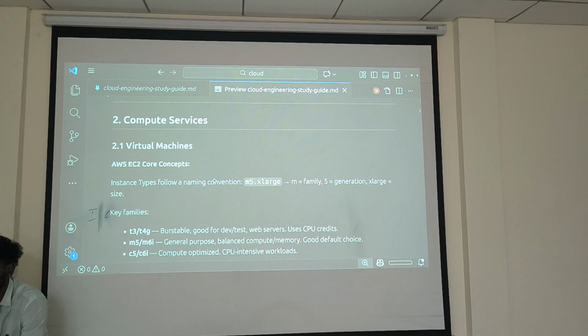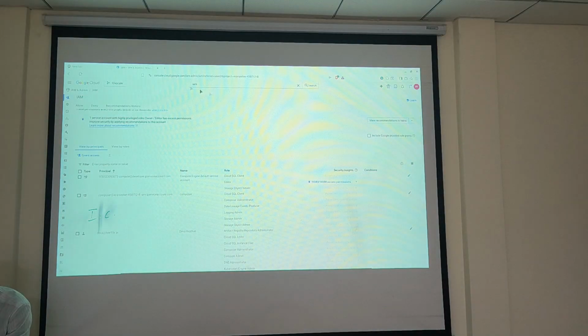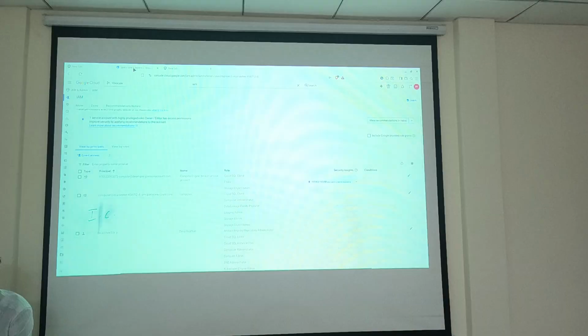Okay, yeah, let's come to the compute services. So we started from the virtual machines, right? Here also I start from the virtual machine. Why? Because if you want to run the application, think about what the major prerequisites are. You need a machine. In that machine, the OS should be booted. Then what dependencies you need, like a JDK or JRE or JVM, you have to put that. Then only can you run your application on top of that, right? So same thing here, first one is the machine. Whenever you go to any cloud provider, the first thing is always a machine solution, okay?